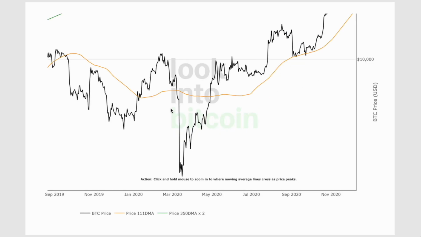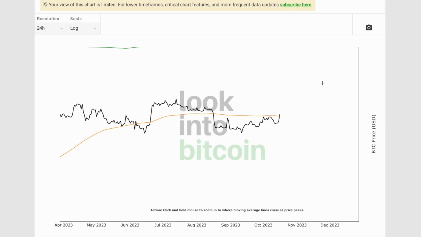And 2019 as well, going into the halving year: rejection, losing it as a support, rejection around this area, holding it as a support, deviation, losing it as a support going into the halving year of 2020. But once we are in the halving year, rest assured, we're not going to lose this level as a support, and that's one of the key takeaways for this cycle, because right now you can see all of 2023 really